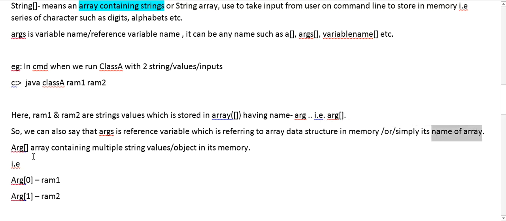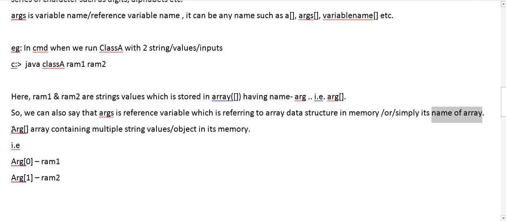Okay, and in an array we will have some locations. So here the array args is containing multiple string values, or you can say objects, in its memory.